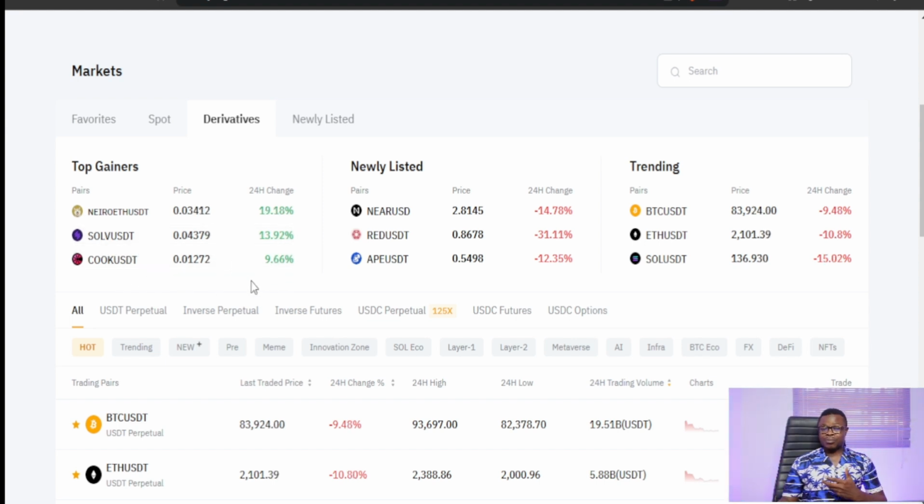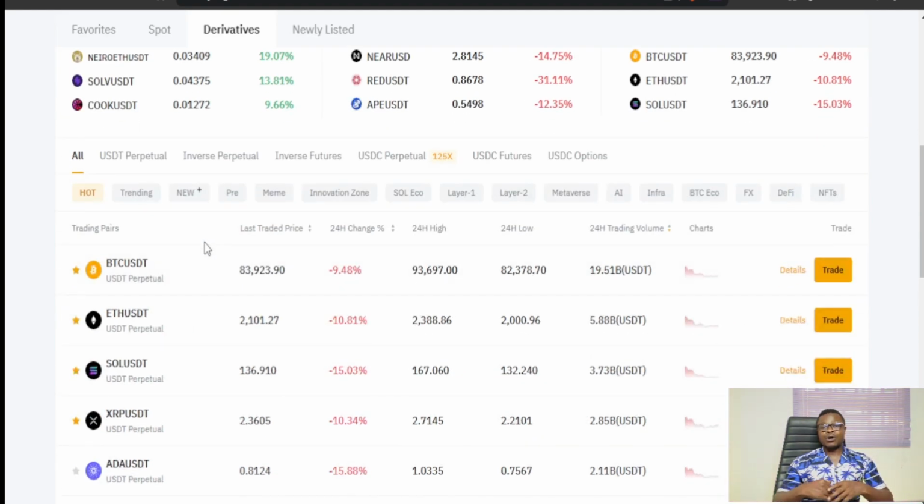We have El that is up by 9% and all of that. Now, if I want to see more tokens on this gainers list, what do I do? I'll go to where it says USDT Perpetual, since that's what I trade. If it is inverse perpetual, click on it. If it is inverse future, USDC Perpetual, anyone, just click on it. But we are using the USDT Perpetual, so click on it, and then here where it says 24 hours change,